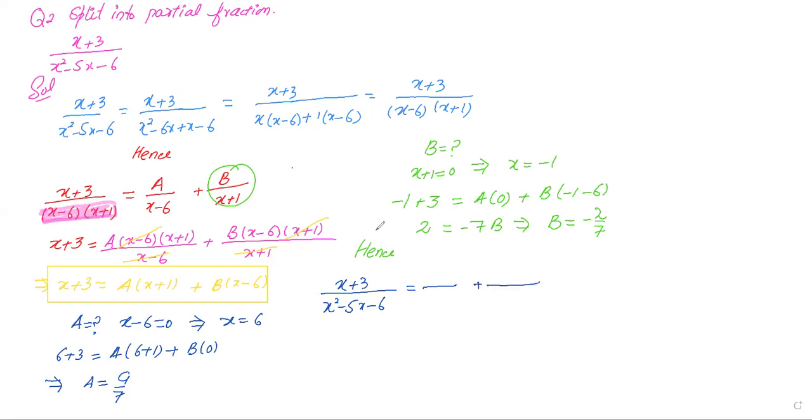The first one is A. The value of A according to our question is 9/7. The value of B is −2/7. Replace the denominator of A, which is x − 6, and the denominator of B, which is x + 1. In a proper way, you have to write 9 over 7 times (x − 6) minus 2 over